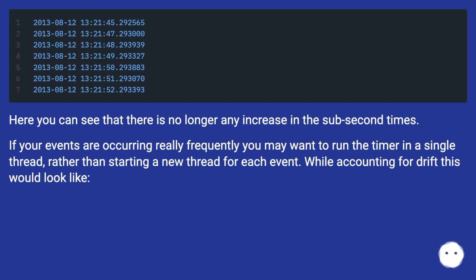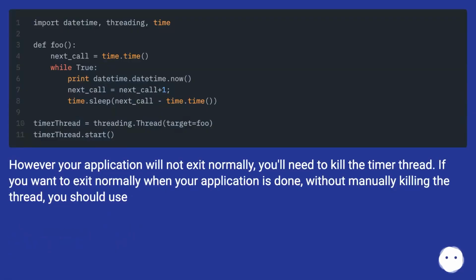If your events are occurring really frequently, you may want to run the timer in a single thread, rather than starting a new thread for each event. While accounting for drift, this would look like this. However, your application will not exit normally. You'll need to kill the timer thread. If you want to exit normally when your application is done, without manually killing the thread, you should use